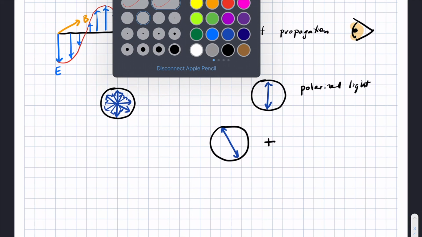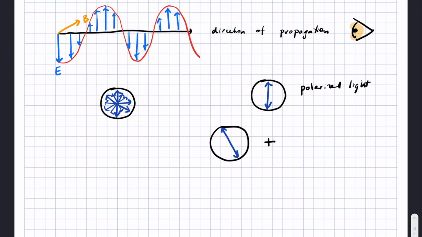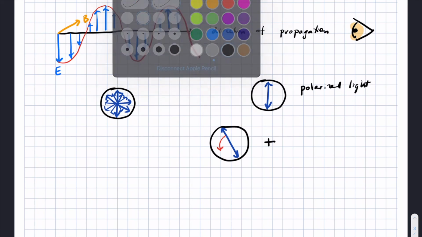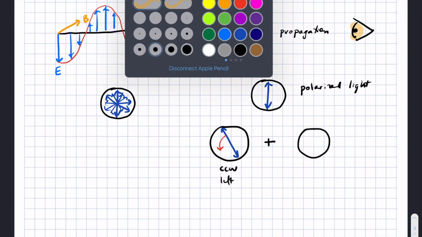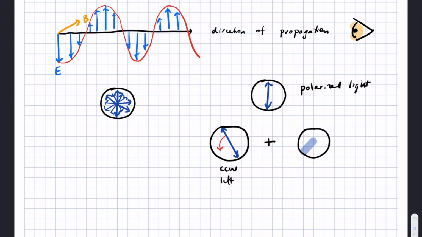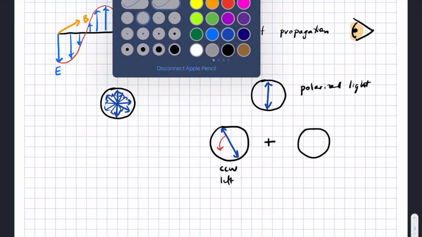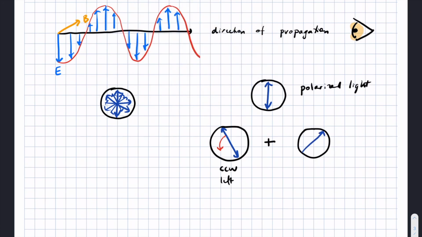I will just use red. That plane is actually rotating. In this case, it's rotating counterclockwise or to the left. And over here, it's rotating at the same rate, but towards the right. Okay? And at any given point, if you were to add these two together,